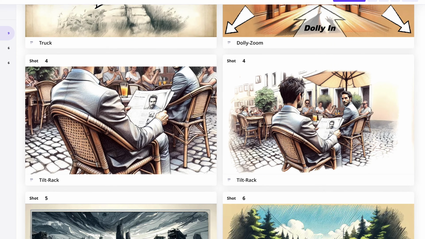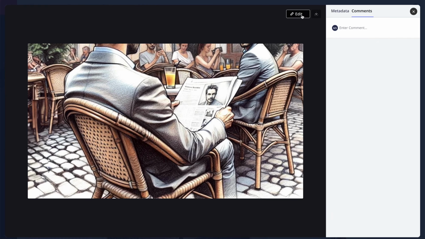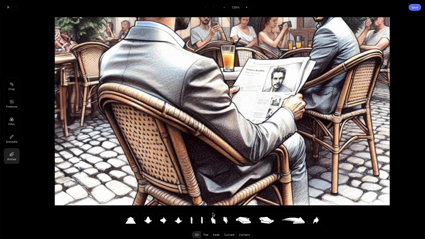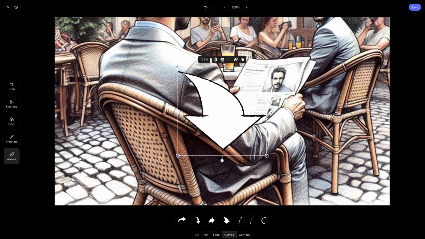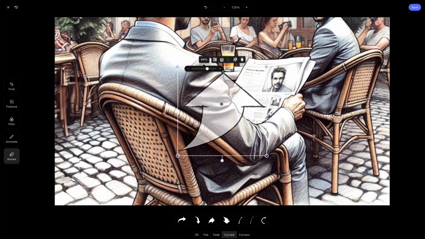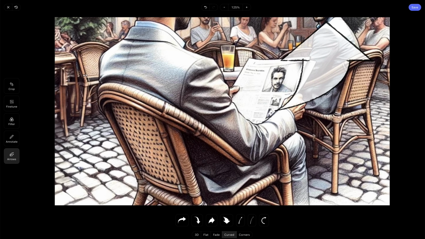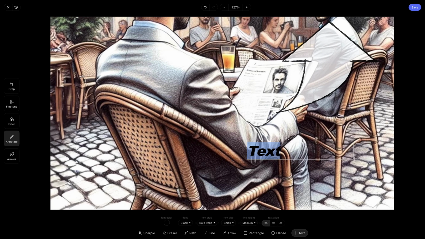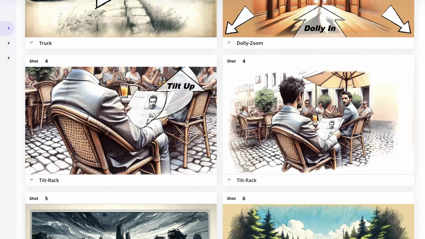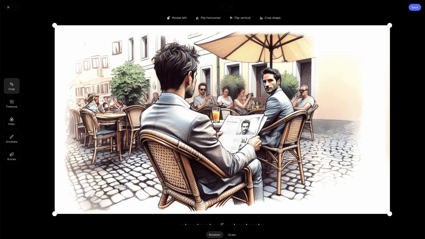In this example, let's take a look at how multiple frames can be used to show a sequence of movements. For example, in the next 2 frames, I want to show a tilt rack. Now, while technically not a movement, storyboard arrows can still be used to show a rack focus. So in this first frame, I'm going to add an arrow pointing up to indicate a tilt up. I'll add an annotation to clarify, and click Save. Then on the second frame, I'm going to add a rectangle to show where we will be focusing,